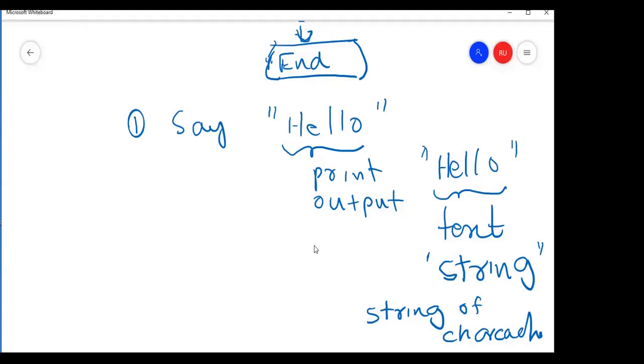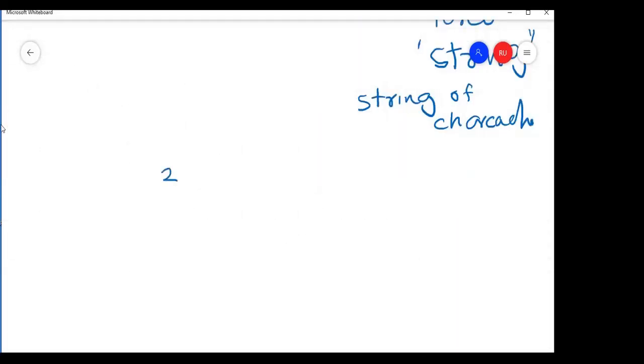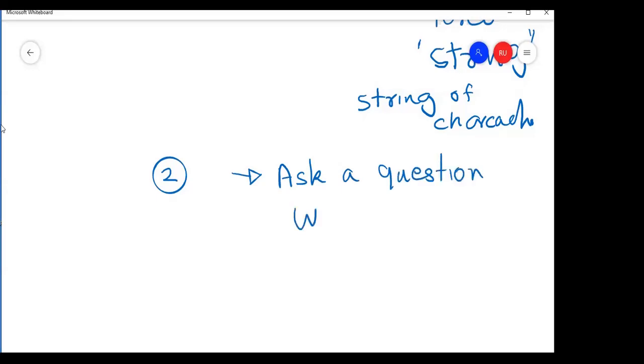In our second program, what we are going to do is improve it a little bit. First, we have to ask a question, something like, what is your name?